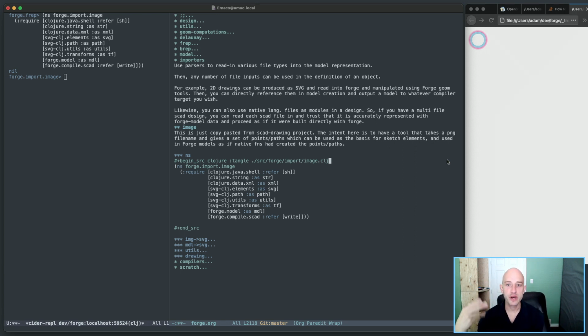And as I've been going, I've had that idea, loosely speaking, in my head from the start. As I go, I realize more and more how it would actually make sense, and the actual structure of the libraries I'm building is becoming clearer and clearer, which is very exciting. There's still a lot of room to work on things, but we're getting closer to something more and more useful, which I'm super happy about. All right, so this image importer,